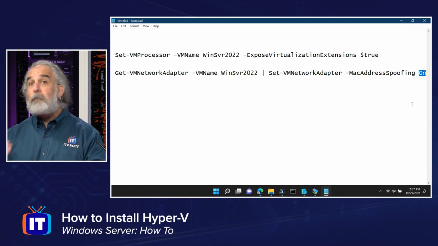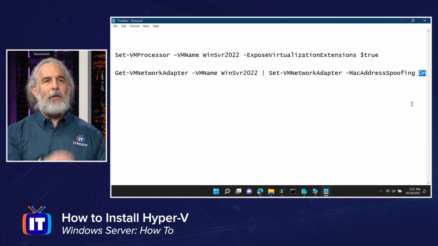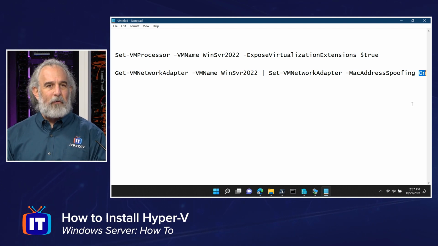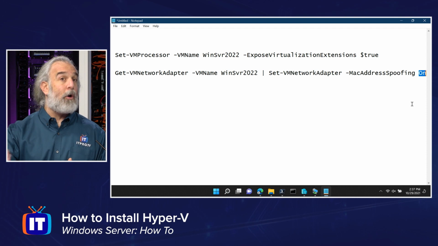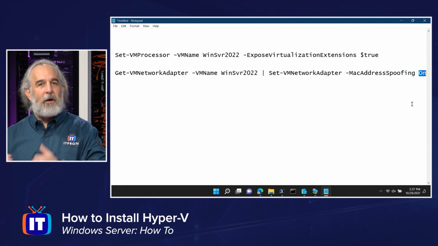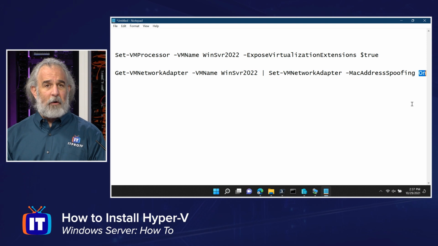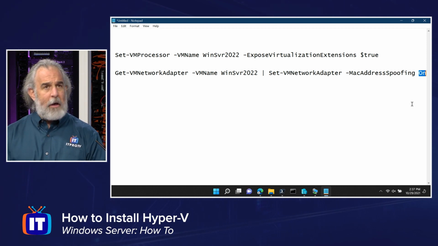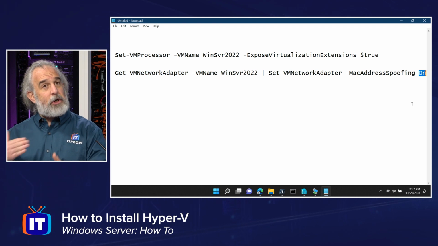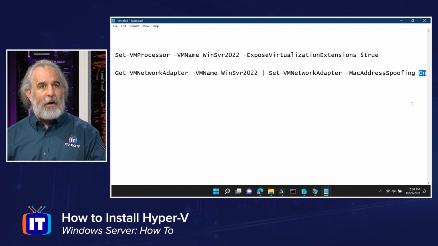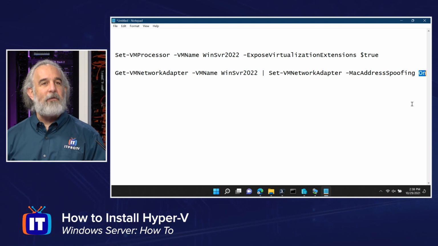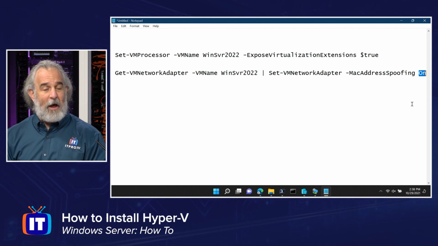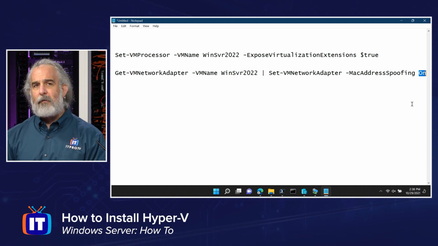And by doing so, I'm going to allow something very important for virtual machines once I install Hyper-V. I'm going to be able to allow them to bind to the network switch that is created in the host and have a secondary capability to move traffic through the host network switch as well as through the virtual machine and its network adapter, so we can connect to the outside world and can actually act as a normal machine would. So this second commandlet allows the virtual machine to work and to operate in that nested environment and to behave as if it is normal and sitting racked and stacked in our data center, and it doesn't know the difference. So with these two commandlets together, remember, the virtual machine must be turned off as you execute these commandlets.